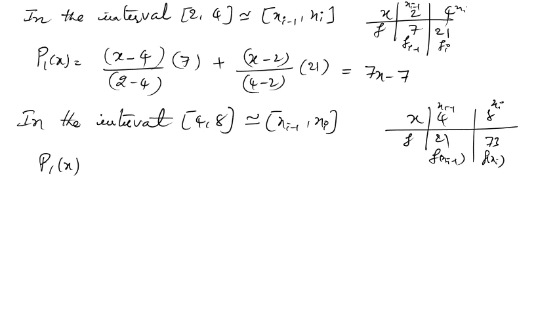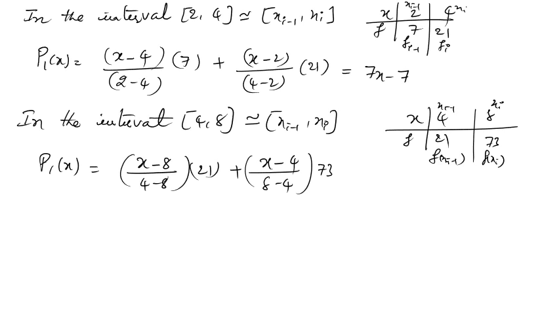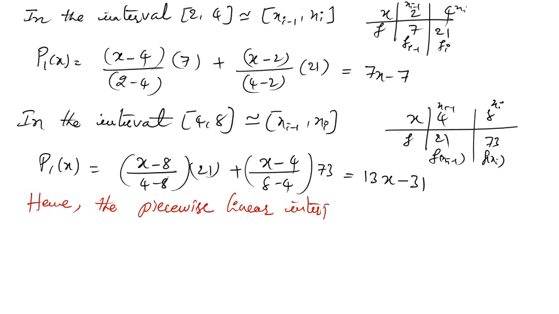So what is the interpolating polynomial? Linear: (x minus 8) by (4 minus 8) multiplied by 21 plus (x minus 4) by (8 minus 4) multiplied by 73. Okay, and the result is 13x minus 31. Hence, lastly, the piecewise linear interpolating polynomials are